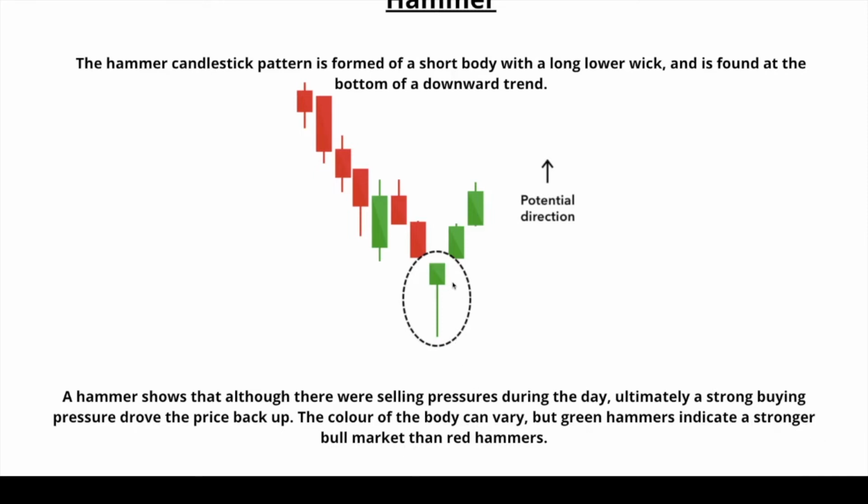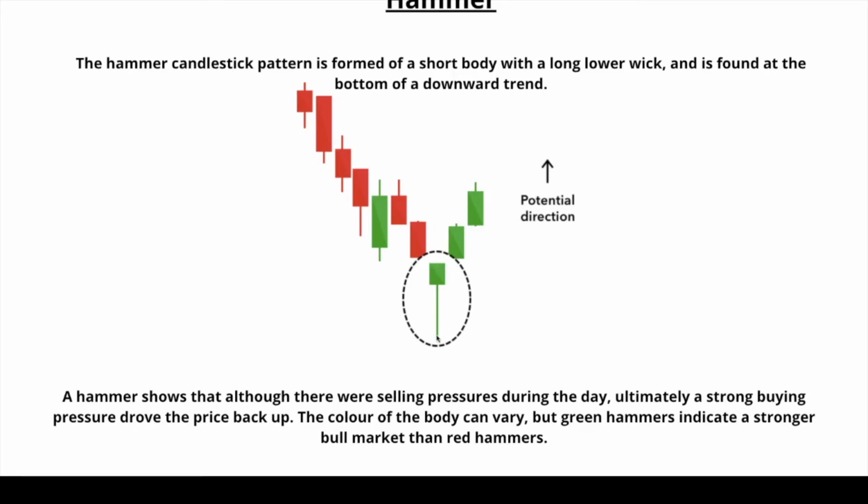So looking at the diagram here, you can see that the overall trend of this price action is down. You have several candles depicting that. At some point over here, there was a little bit of a relief rally, but overall the sellers came back into the market. But looking at the hammer itself, you could tell by the elongated wick right here, this long wick, that at some point,